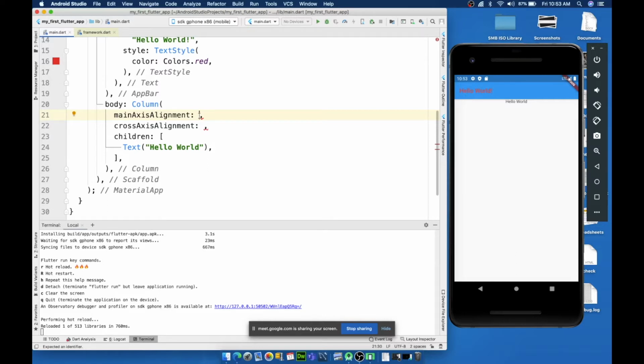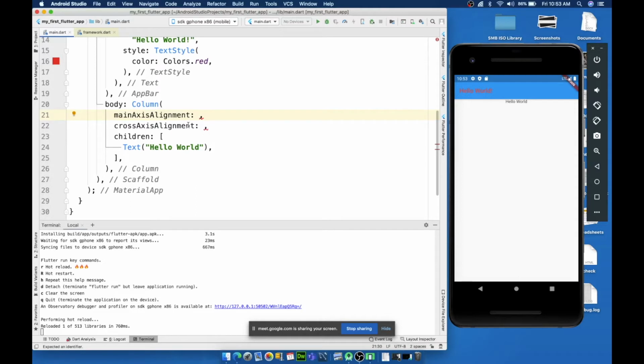Okay. And what's the cross axis then? If the main axis is y, what's the cross axis? X. X, okay. Is that clear? Like main axis and cross axis. For a column, the main axis is y, for a row the main axis is x. For a column the cross axis is x, and for a row the cross axis is y. Do you get the difference? Just try to write it down and think of it. For a column, what's the main axis? Y axis, right? So let me just show this.